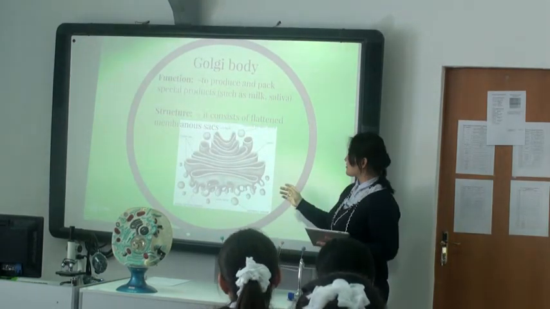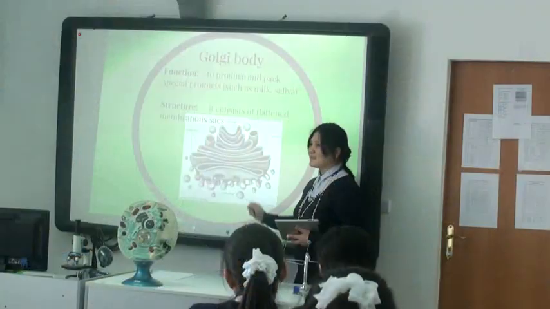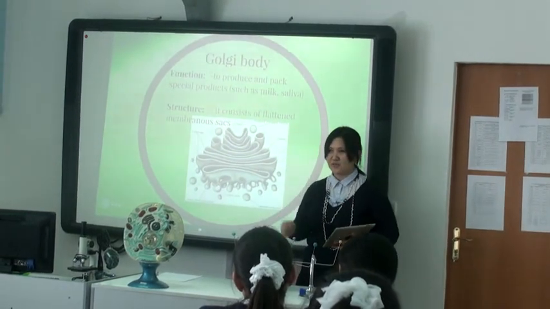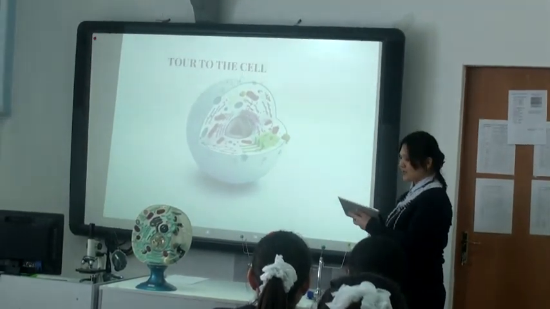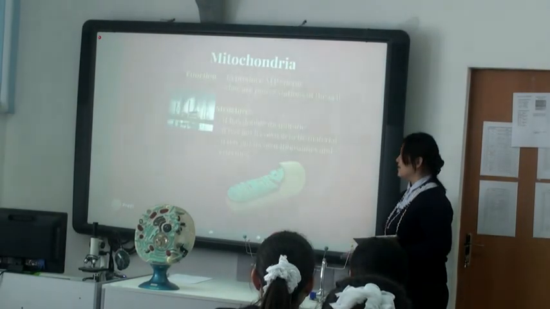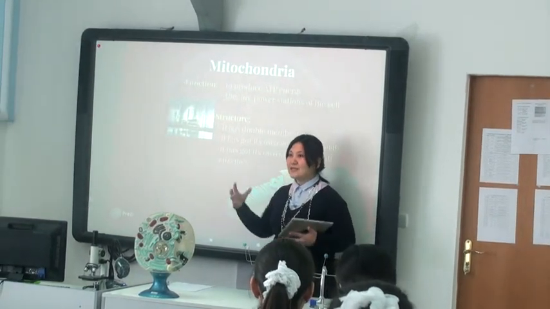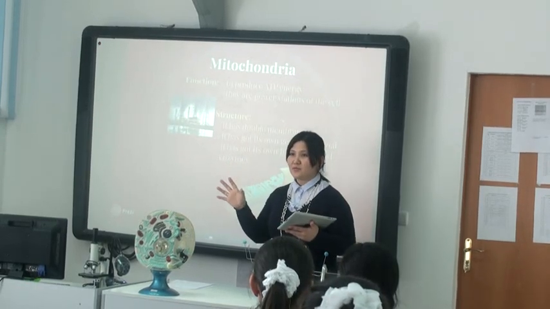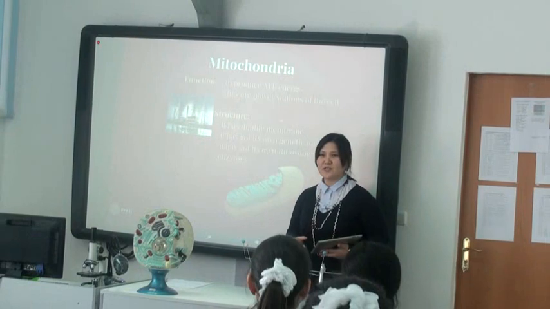And by structure, it is very strange. It is flattened and has membranous sacs. These sacs help to package the materials. Another organelle is the power station of our cell, our organism. From this picture you can understand that we need electricity because we are using iPads, computers, lamps. All of these technologies and processes need energy, power. So what is the name of the energy inside of an organism?